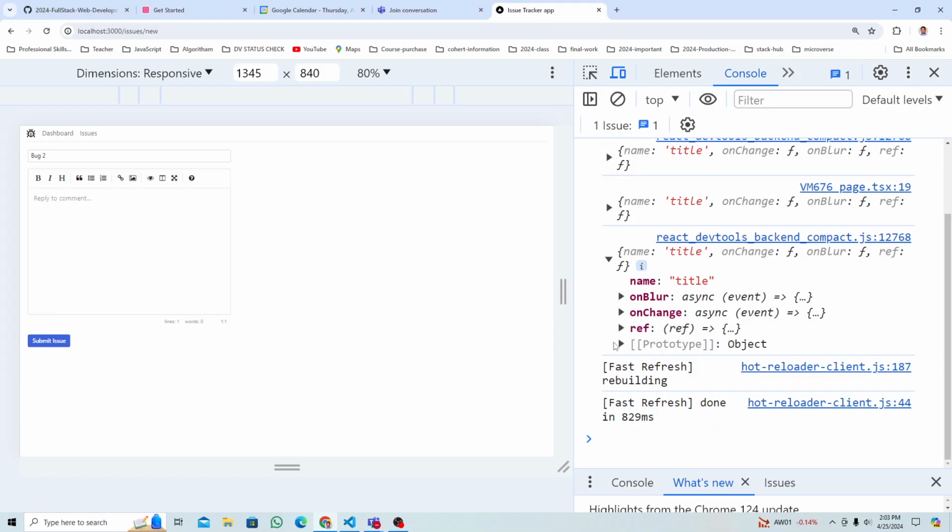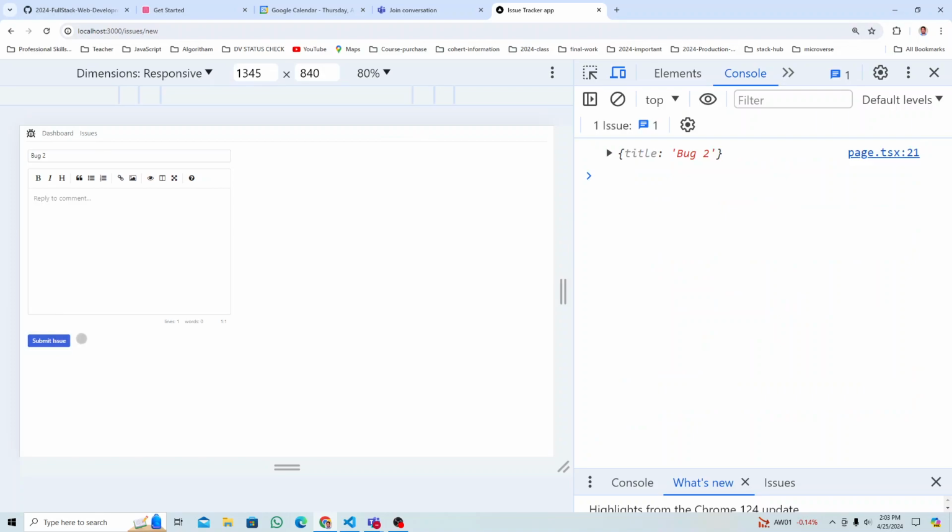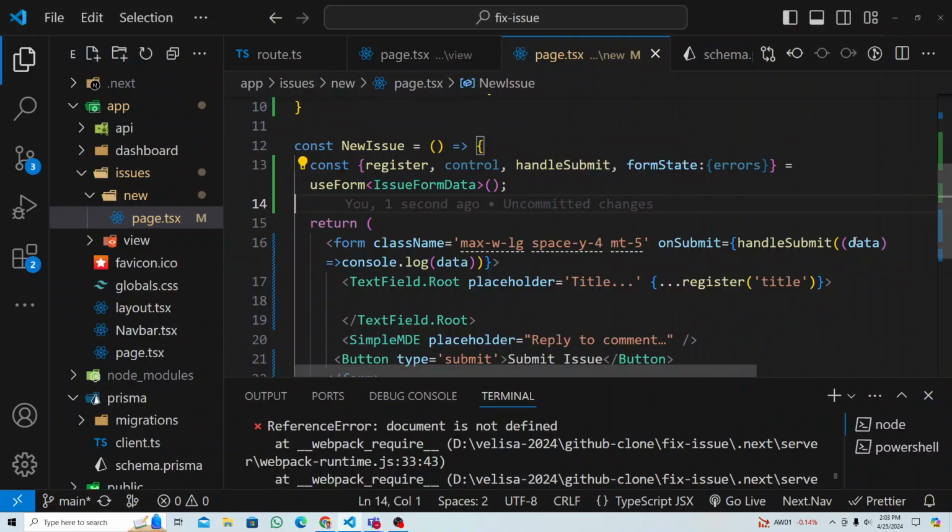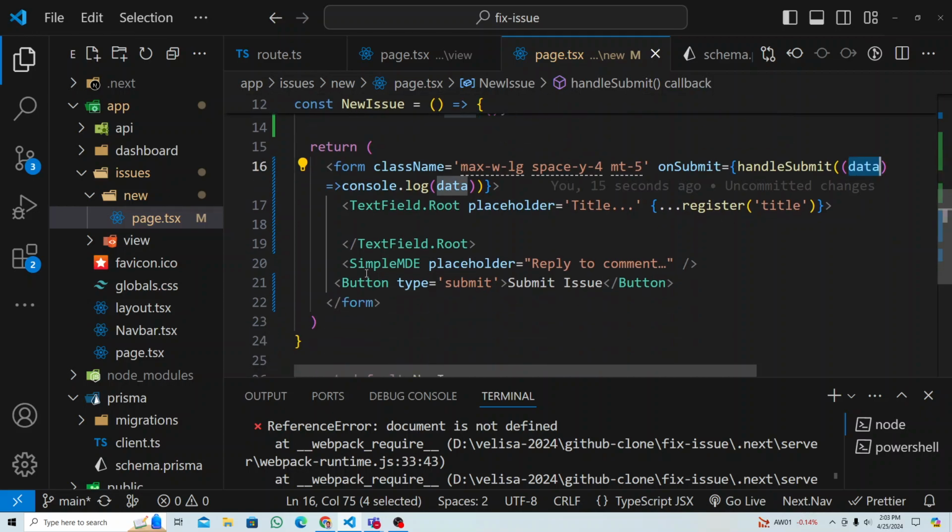So now refresh and submit again, right? Look at that. That's what I'm looking for. So I have title with bug 2. This is the object. Look at that. So the data here, right? This data is the object which is gonna have,